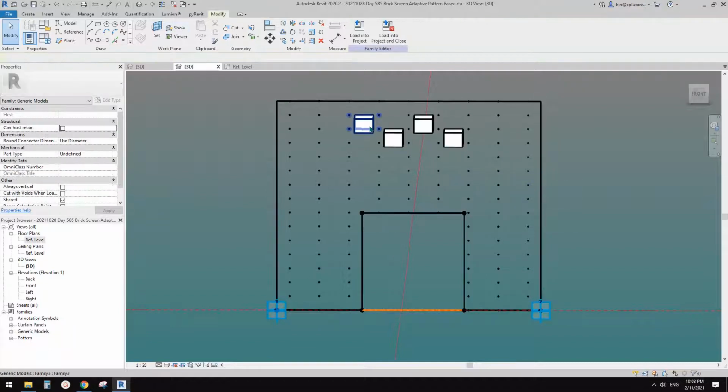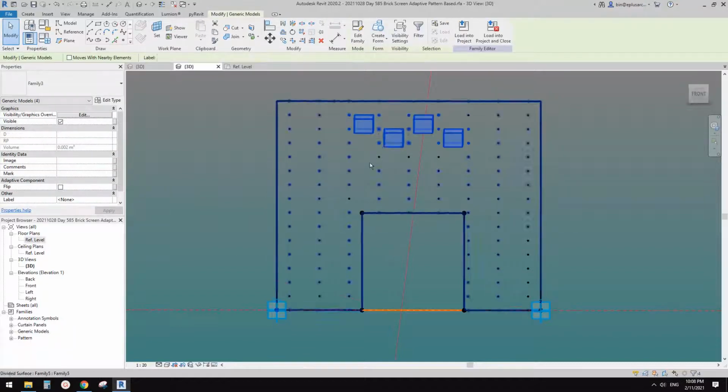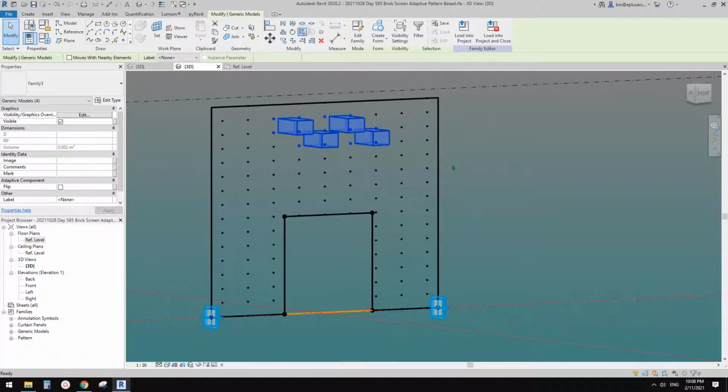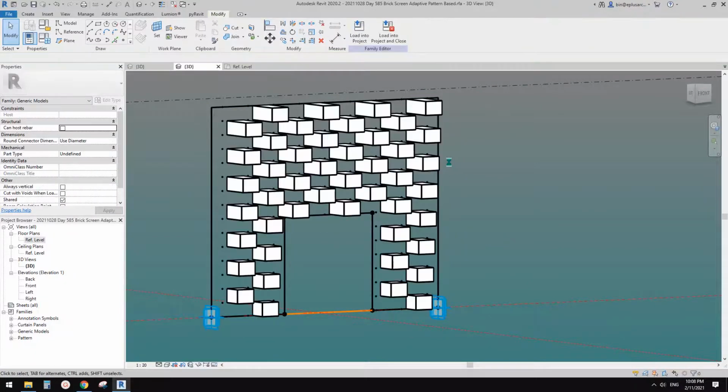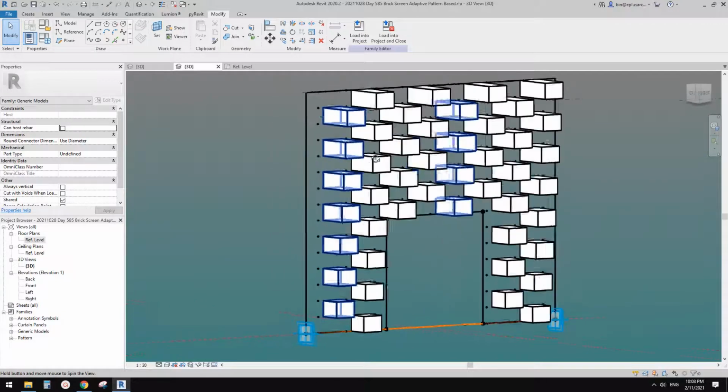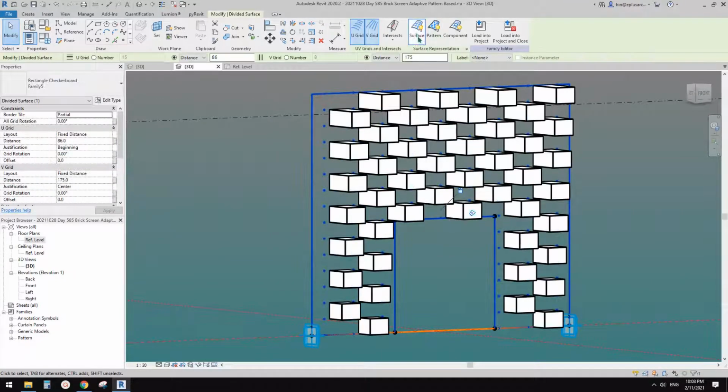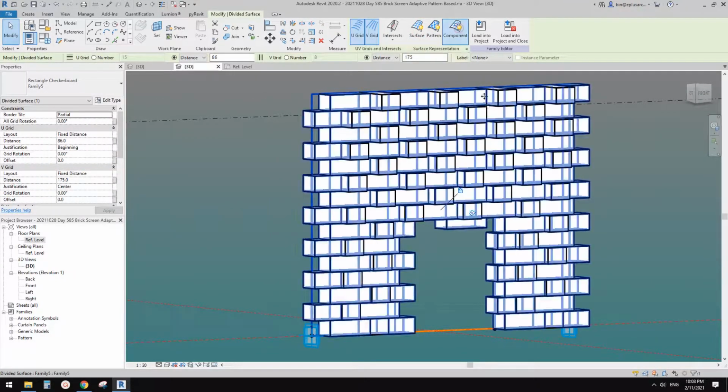Okay, so now select one of these, SA, select all, repeat, and that's it. Now if I select this divided surface, turn off the face, turn on the component, and